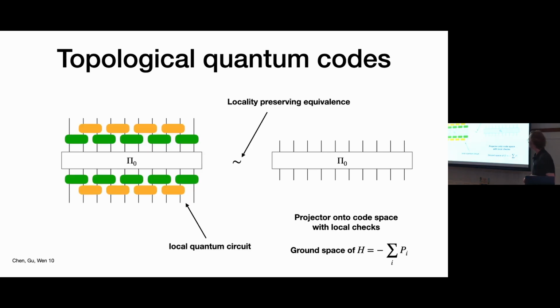Good. And then here is just a little picture of the kind of equivalence we consider. This is the neat version of the equivalence where you just take a local quantum circuit, which is approximately equivalent to the deformation version. And so we group these code space projectors into families where we forget about the local details. We wash them out by allowing a local quantum circuit as an equivalence relation. The motivation for this is that local quantum circuits, or more generally locality-preserving unitaries, will map the set of correctable errors back to itself.